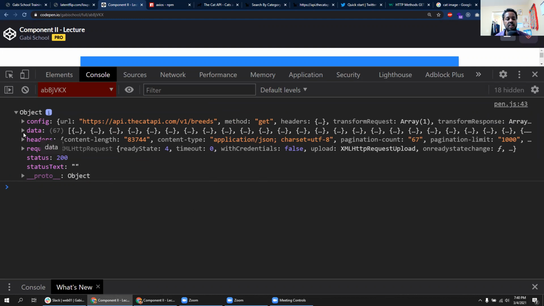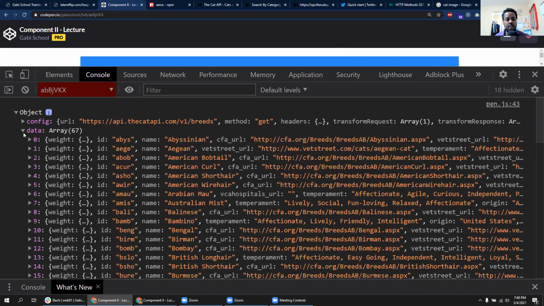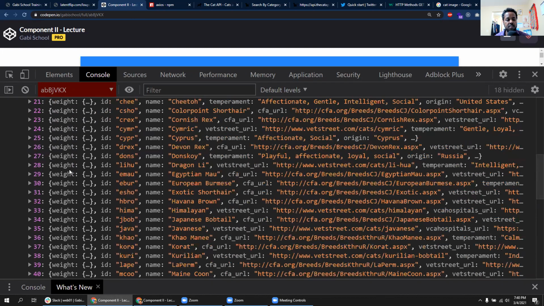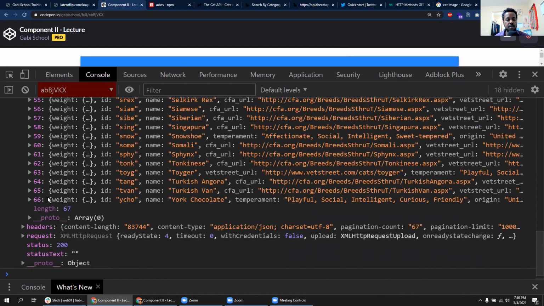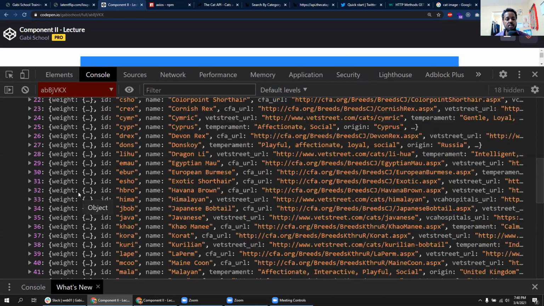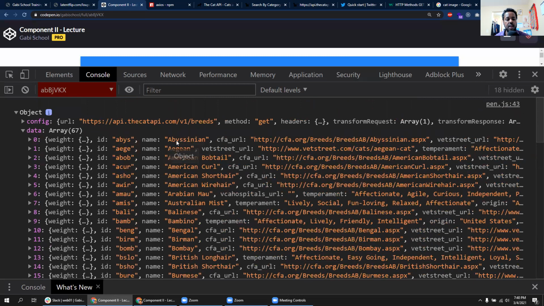As you can see here, there's a data. Let's open that data and expand it. I see a bunch of stuff, about 66 or 67 items. It looks like this is the names of the cats. It looks like this could be the URL of the cat. A lot of times this is what you have to do. You have to understand, okay, this could be the URL for the image, but actually it ends with